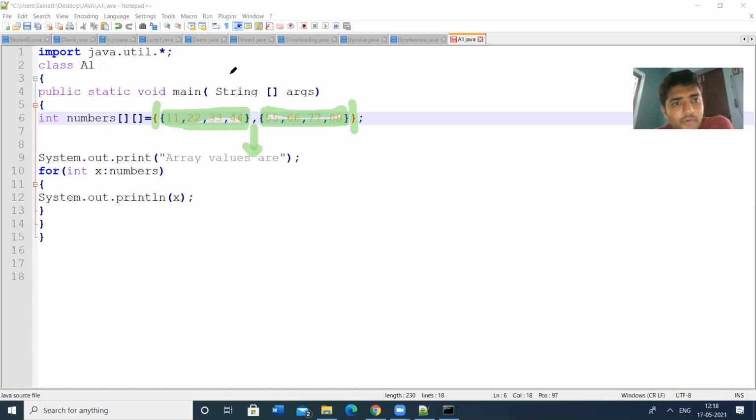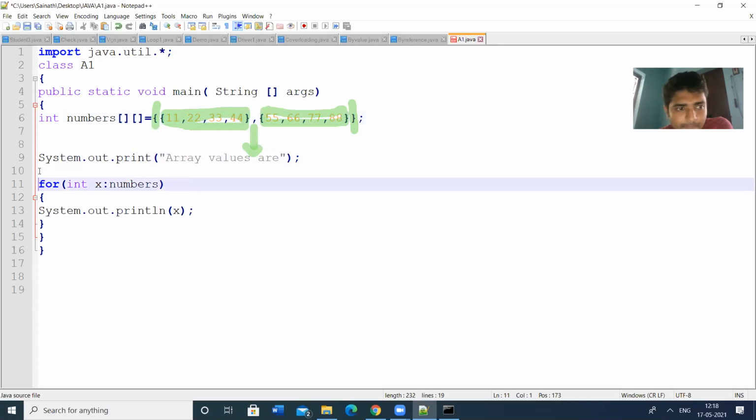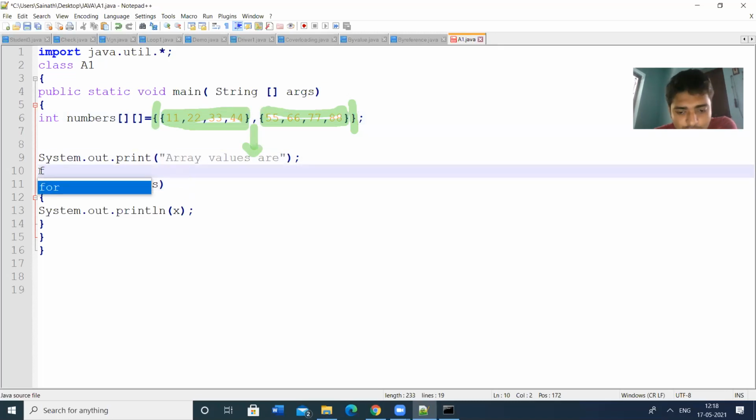For this, we can modify the program to print that array. We need two for each loops. For int y in the array, so the collection name, that means the array name, numbers.